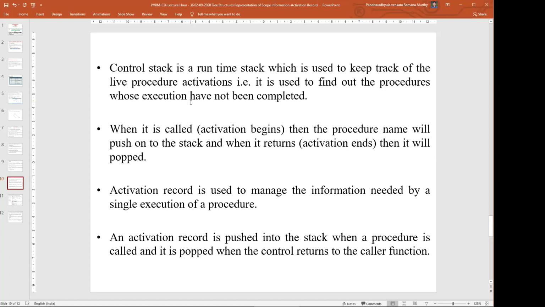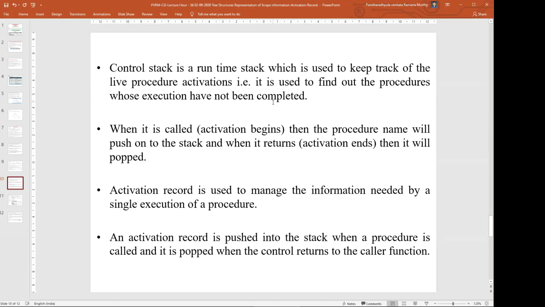That means if procedure A is calling B and B is calling C, the sequence of procedure activations is A, B, C. After finishing C, we get back to B. After finishing B, we come back to A. So it keeps track. The control stack is used to find out the procedures whose execution has not been completed or has been completed.